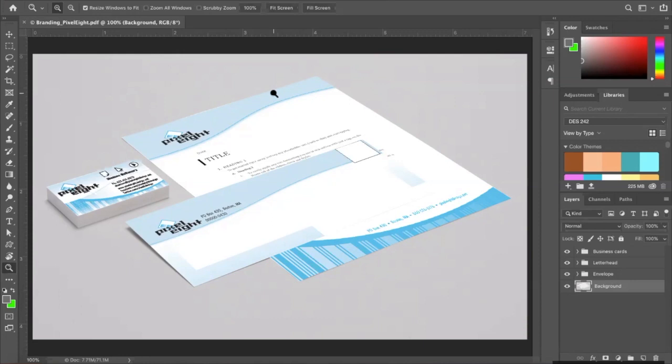So again, I call Photoshop, InDesign, and Illustrator the Adobe trifecta. I feel that those are the three programs that you use the most as a graphic designer. So I just wanted to take a quick look at those today. This is a mock-up that I created in Photoshop of my business cards for my business,